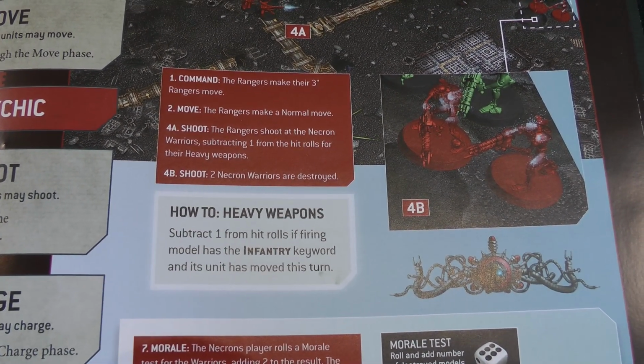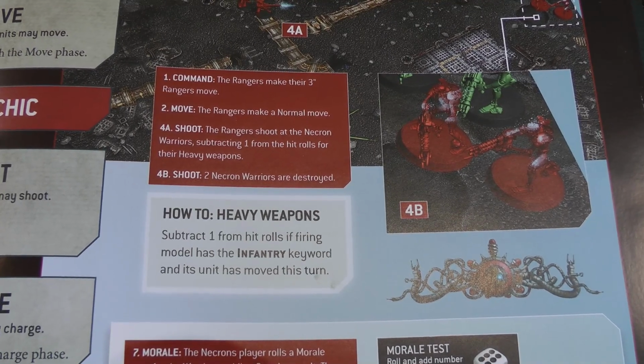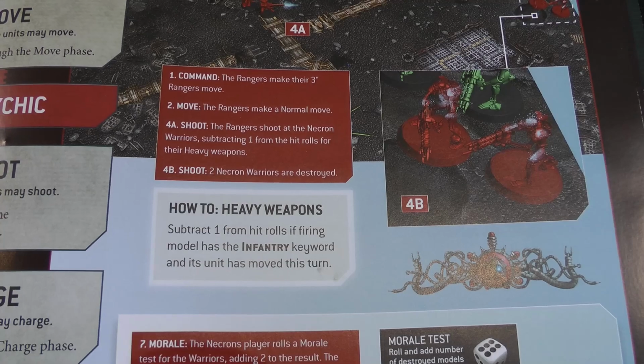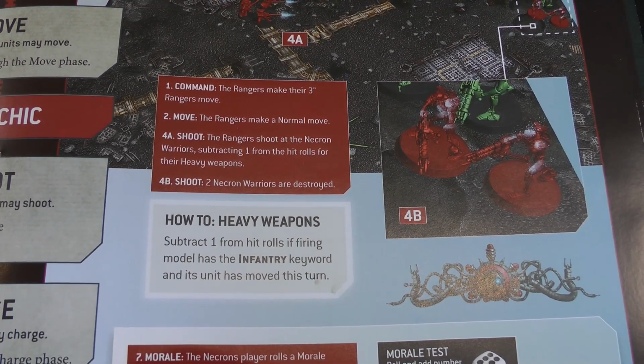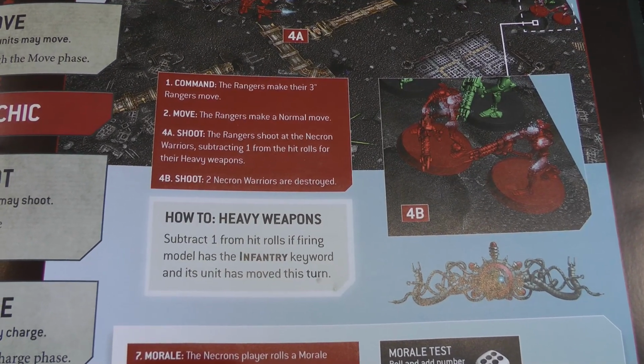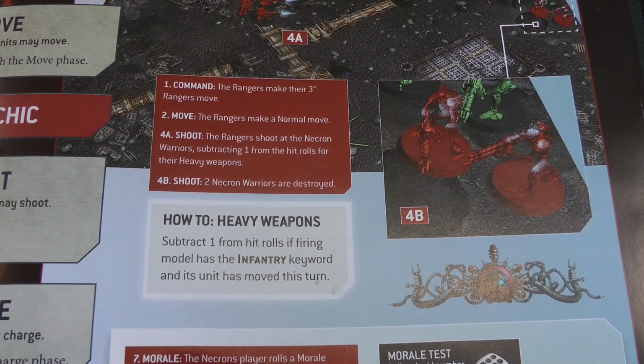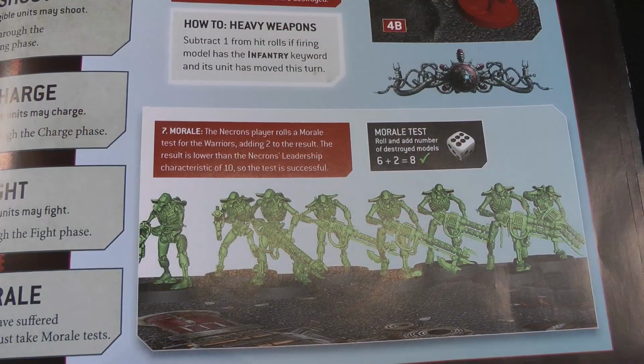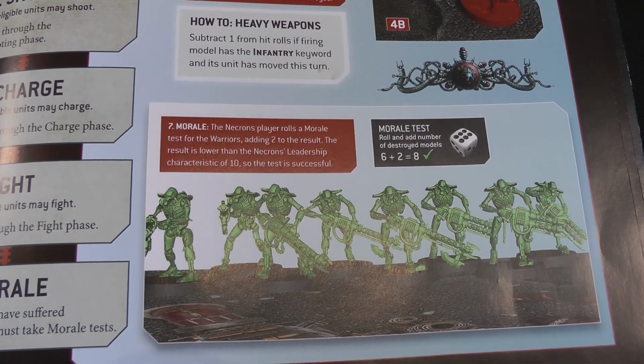It's quite simple: if the unit with a heavy weapon has the infantry keyword, then if it moved this turn it has to subtract 1 from hit rolls. As far as we know, this doesn't affect the ranger's extra move at the beginning of the first battle round, because that technically happens before the start of the turn, and so they haven't moved in the turn if they just make that move. And it also shows an example of the morale phase in action here, but these Necrons,